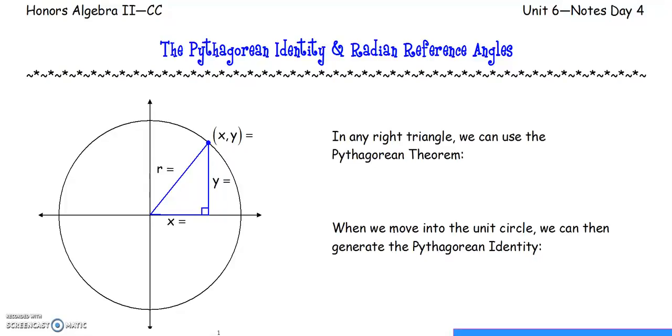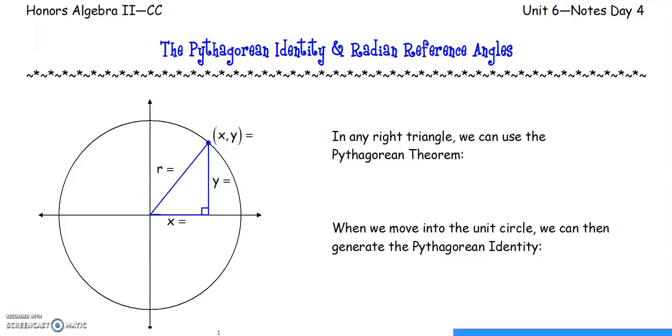Today we are going to take a look at the Pythagorean identity and radian reference angles. So first of all, when we talk about our Pythagorean theorem, we know that in any right triangle, we can go ahead and say that x squared,